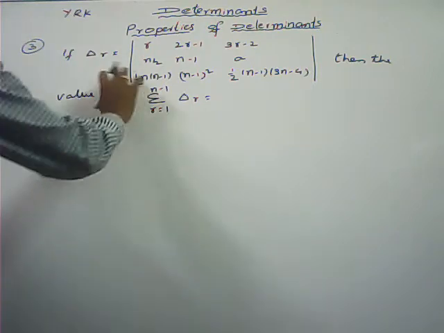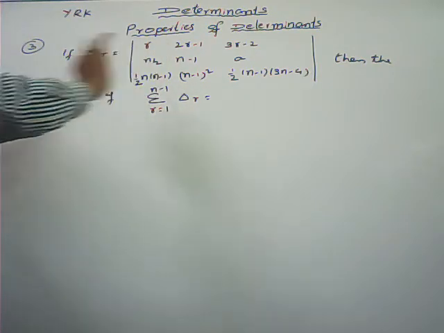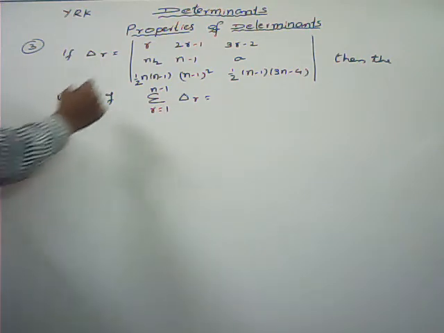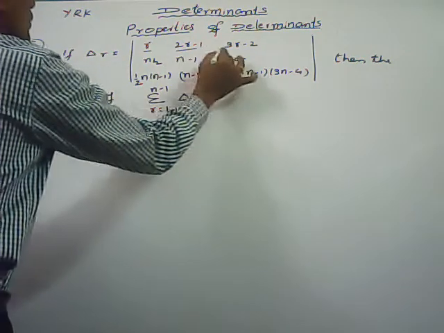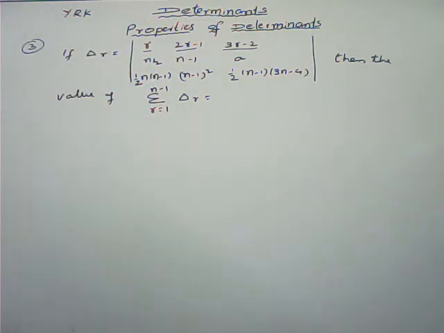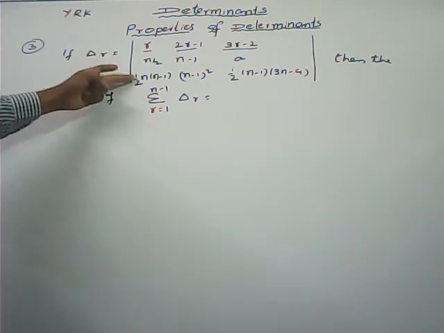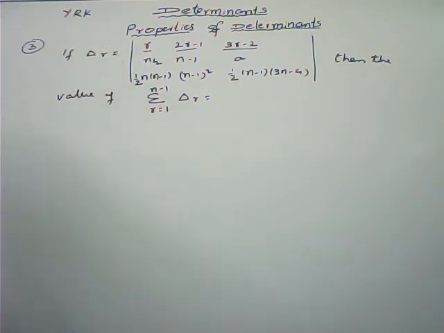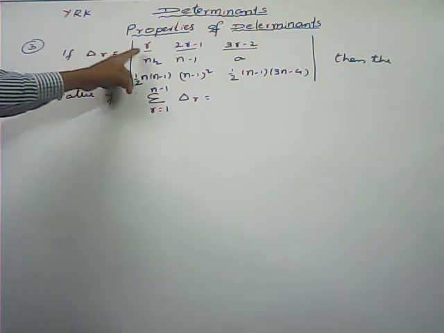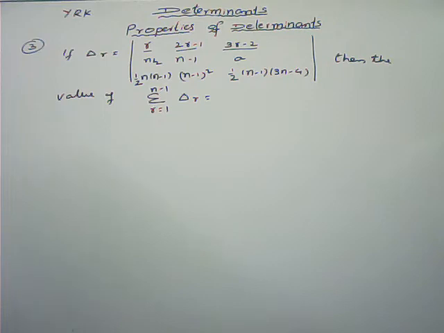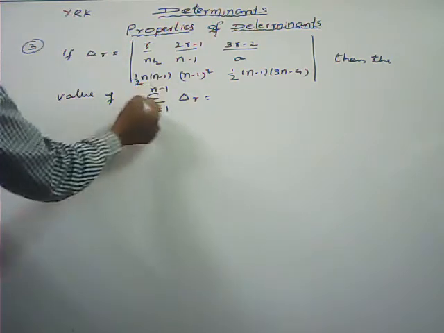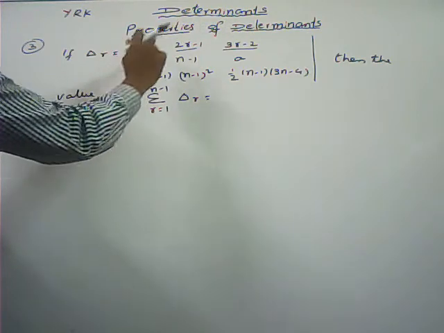Then here everywhere the second row and the third row remain as they are, there is no change. But in the place of R, we are substituting the elements only in R1, some change is there. But R2 and R3 remain the same. There is no change. Previously also I told you how to add two determinants. If any two rows or any two columns are identical, then only we can add them. For example, here R2, R3 are identical everywhere, so we can add the corresponding elements of the first row. So like that, here 1, next we can get 2, 3, and so on like that.